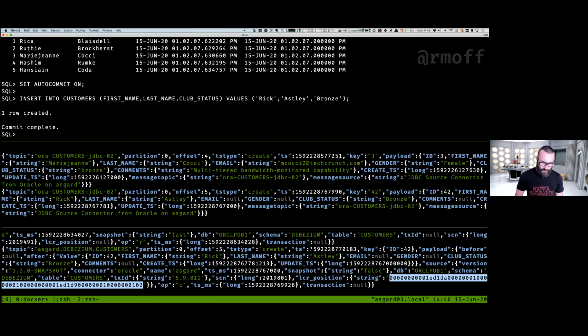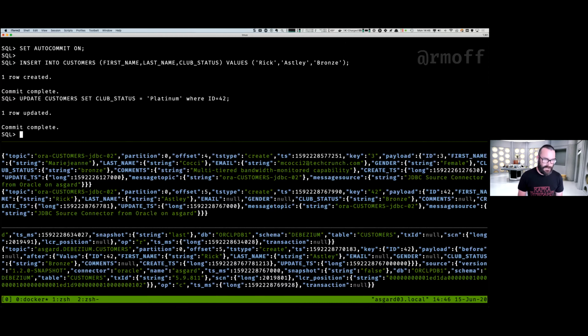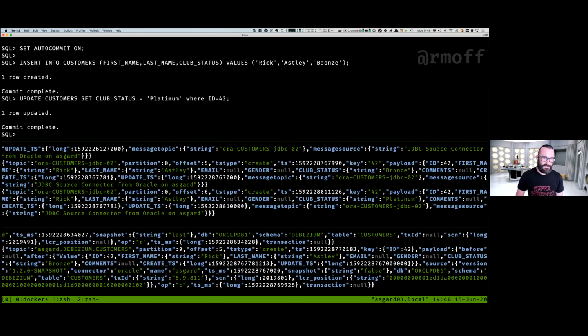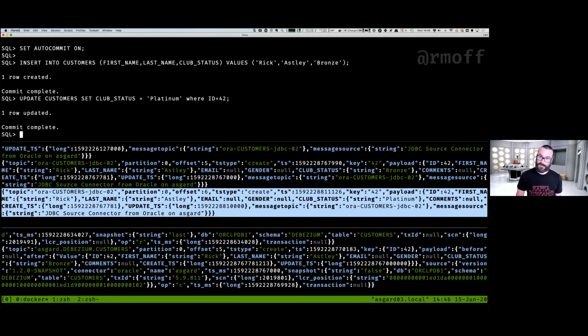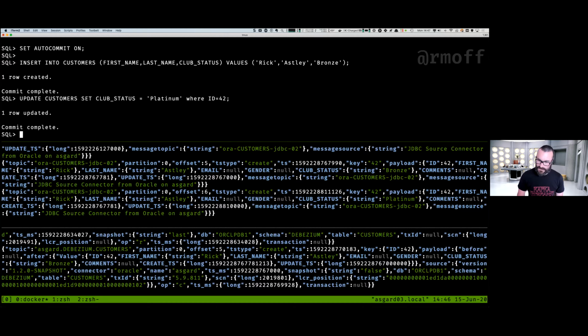But what happens now if we do an update? If we go to the database and say, well, we've just created a customer and the club status was bronze, but we made a mistake because obviously it should be platinum status, so we do an update there. Again, we capture the update in the JDBC. It says, here the key is 42. Here's the payload, and you'll see now the club status is platinum, which is what we'd expect. We've just made a change to it. There's the previous instance of it. So you can see two events, both are valid because they both tell us things about what happened. First, this happened at this time, then this happened at that time. You can replay the two together and actually get the series of events.